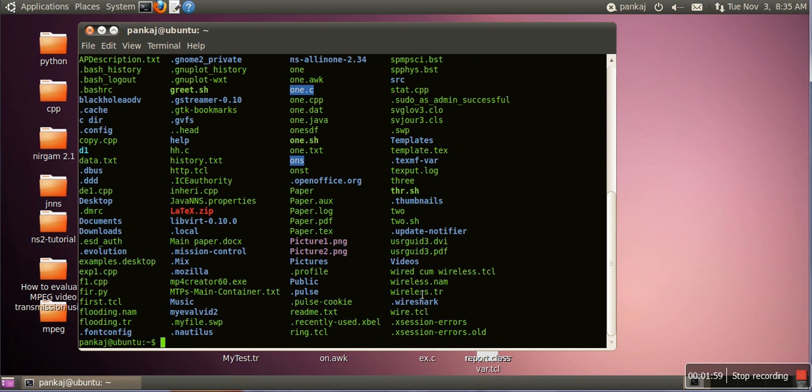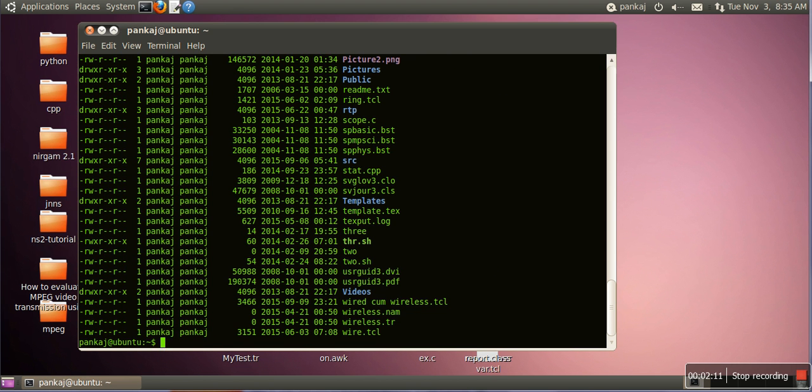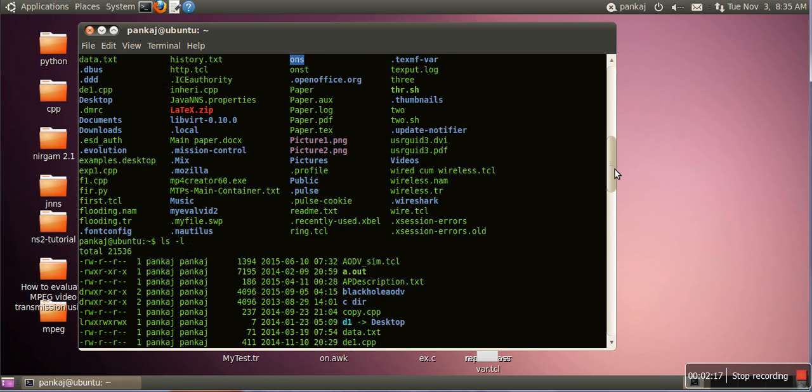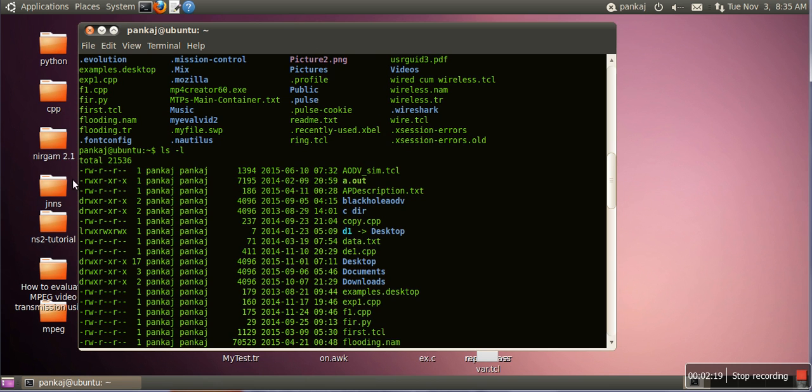Now for long listing of these files, that means if you want to see their permission, who is their owner, what was the last access time, for that command is ls minus l. Here every file is listed using long listing. These 9 characters are showing the permission.